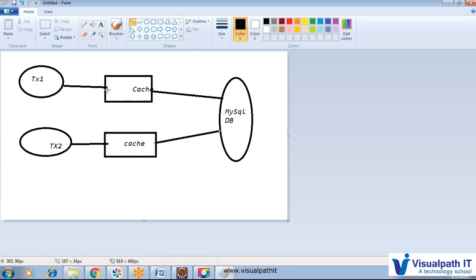Once we save something, that task is pushed into that cache; when we commit, it is pushed into the database, and when we roll back, the data is removed. And if we have transaction 2, we perform the operation on its cache, and then store or remove the data in the MySQL DB.